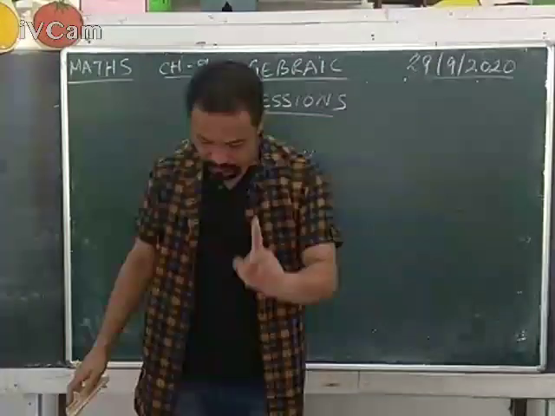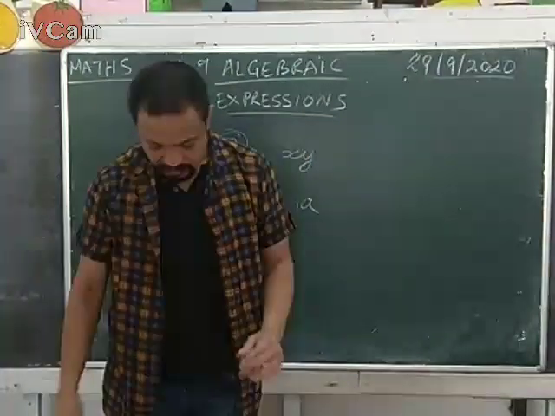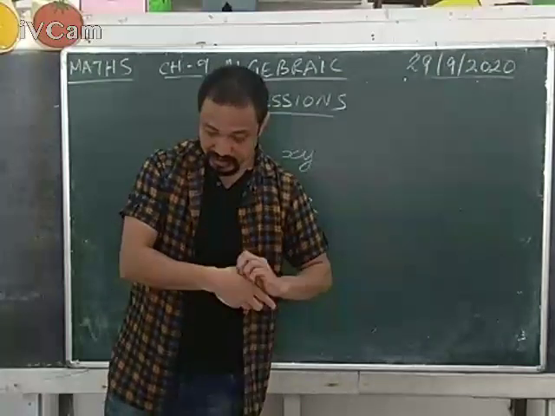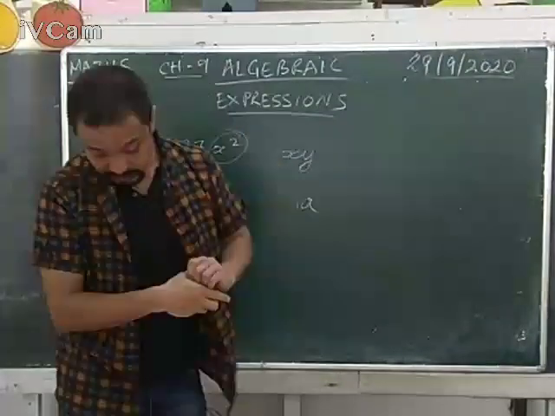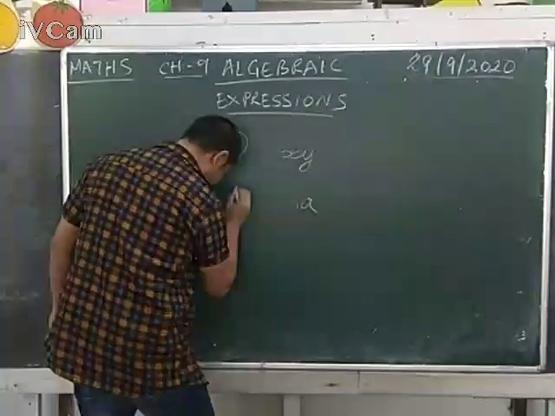Okay, this is very important again. When the numerical coefficient is not given, it is always understood to be 1. The numerical coefficient of xy is 1. The numerical coefficient of, let's see, now this is again